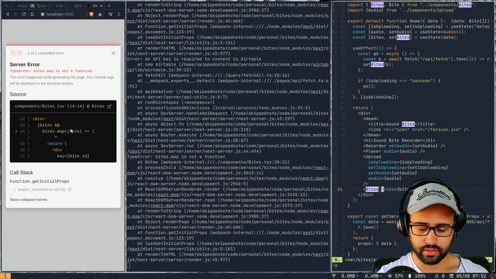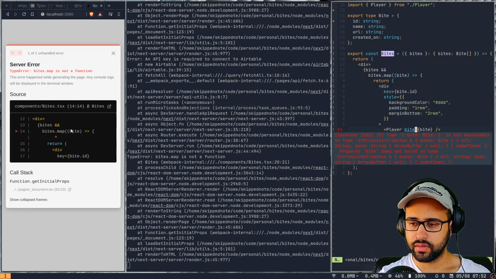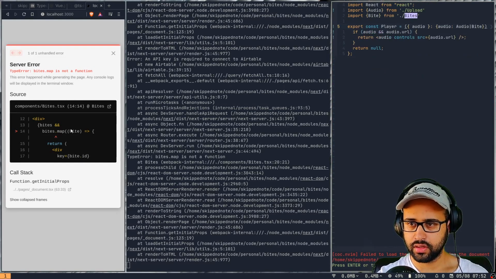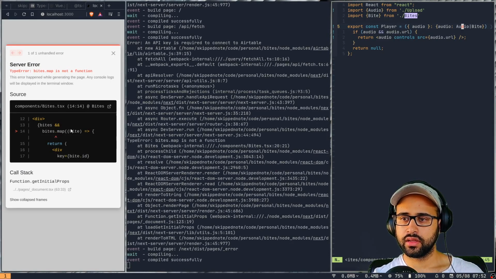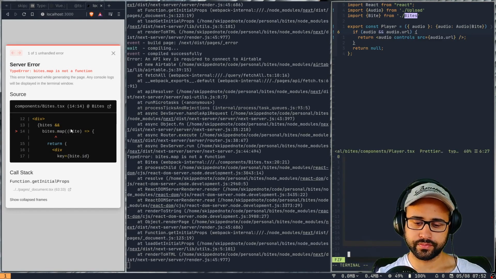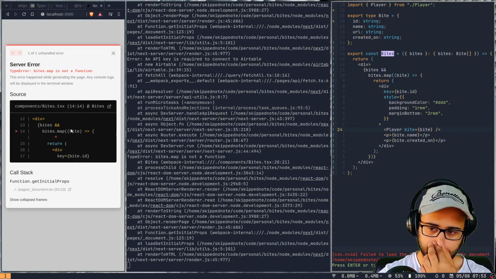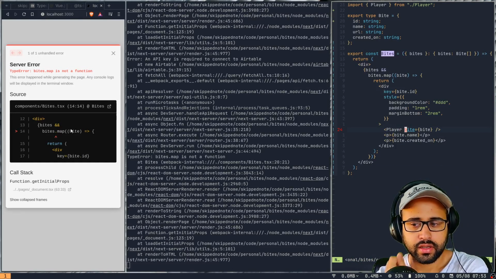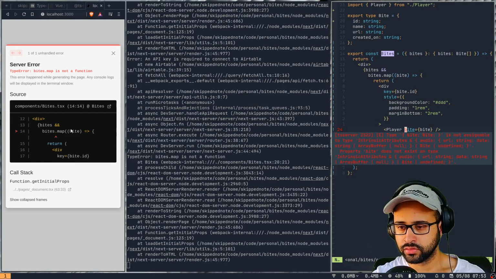Yeah, bytes. So this is a problem with the player. This takes in audio, which is either audio or byte, and then from it we access the URL property, right? So the error it's throwing is that type byte is not assignable to intrinsic attribute plus audio, an object with audio.